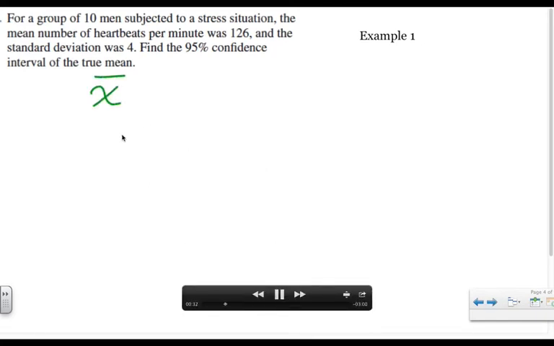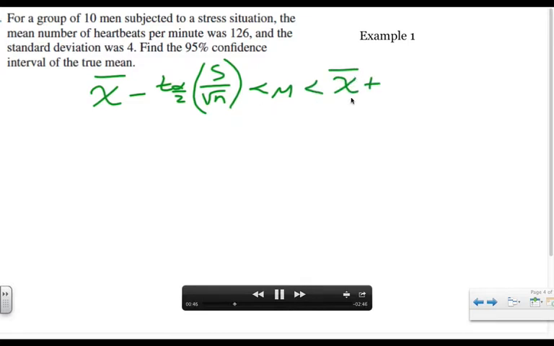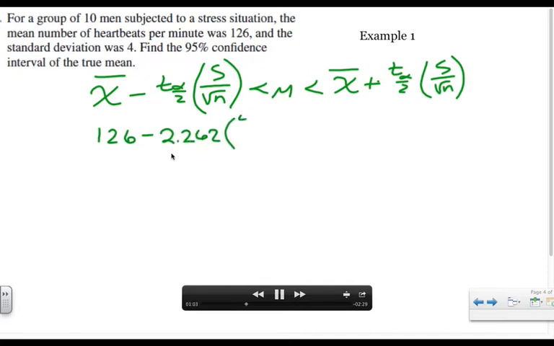So we're going to use this formula: x bar minus t of alpha over 2 times the standard deviation divided by the square root of n, is less than the mean, is less than the sample mean plus the t-score times s over the square root of n. And again, same exact formula, not difficult. So 126 minus the t-score, which I will look up on the chart. You always have to look these up. There's no good ones for this. Times 4, which is our standard deviation, over the square root of n, which is 10. And then I do 126 plus